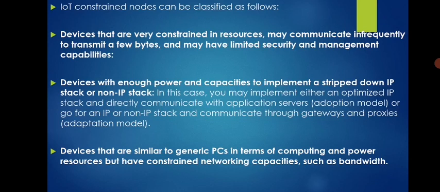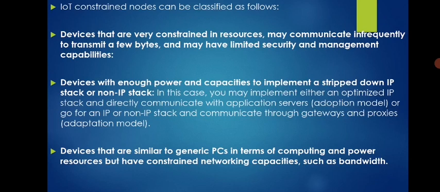The IoT constraint nodes can be classified as follows. What are the different classifications we can find? First: devices that are very constrained in resources. Observe those words, they are very important. Very constrained in resources means that whether it is bandwidth, power supply, or data rate, any resource that is most essential for communication is limited. Such devices may communicate infrequently to transmit a few bytes and may have limited security